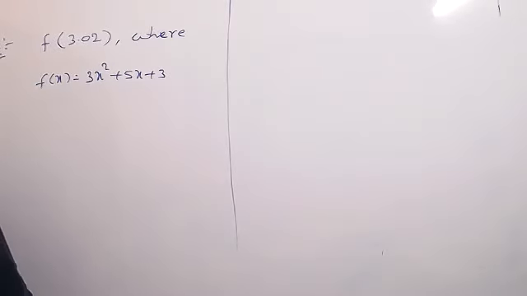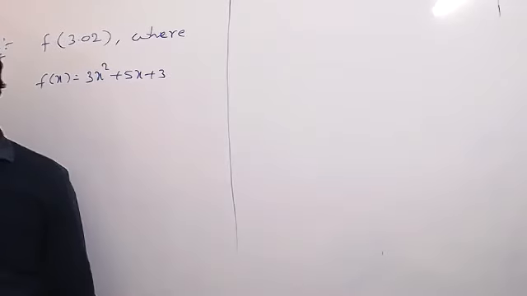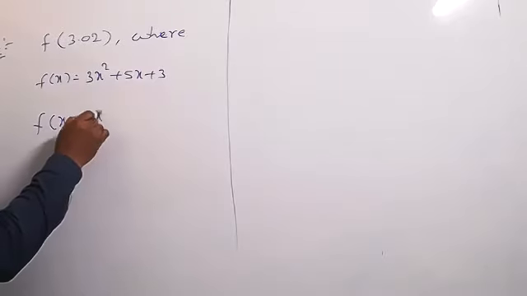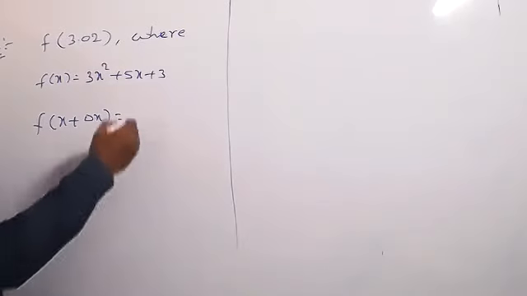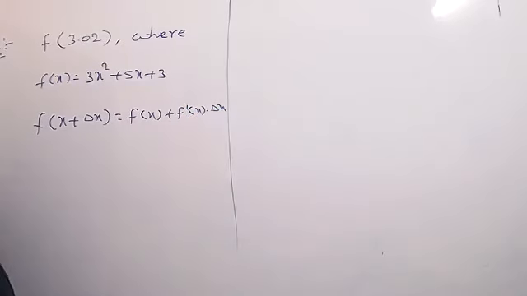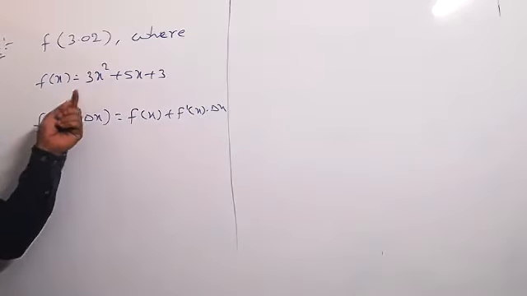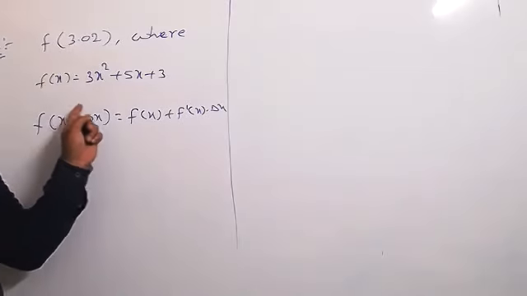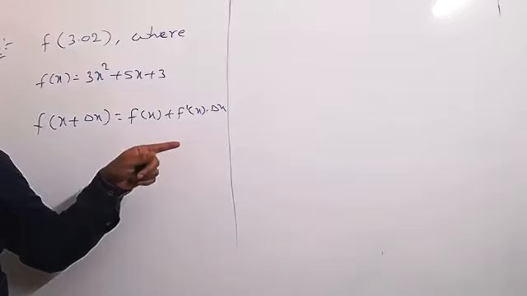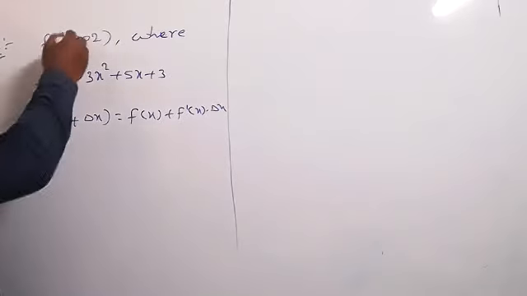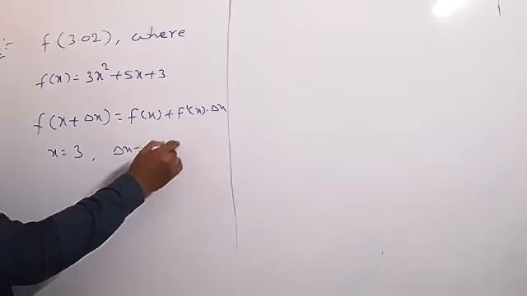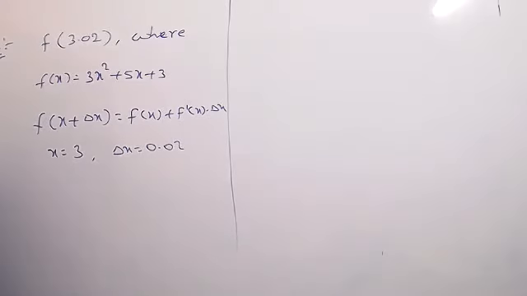See, it's very easy only. It's the same as the previous problem. Actually, what is the formula we have? f of x plus delta x equal to f of x plus f dash of x into delta x. Previously we were finding the f of x value based on the given number, but now in this question they have given it themselves. That means no need to take any other condition now. So first you can write x equal to 3 and delta x equal to 0.02.